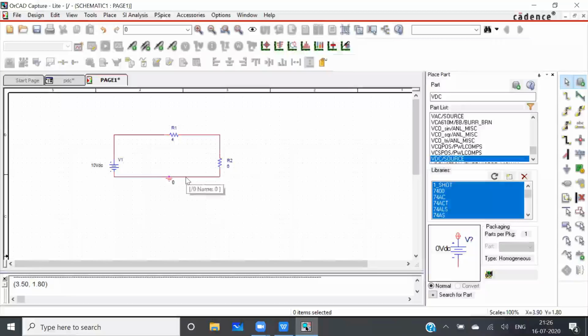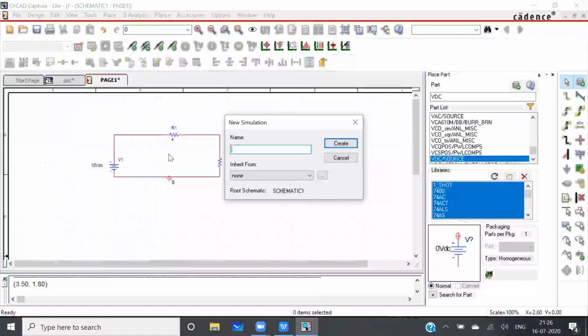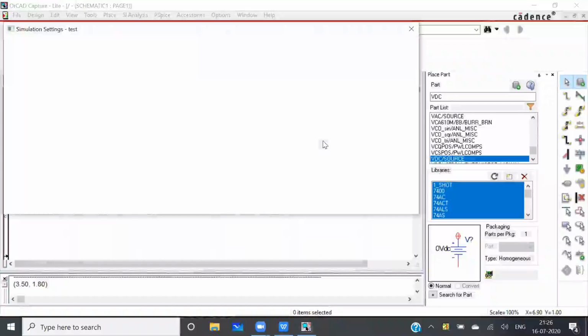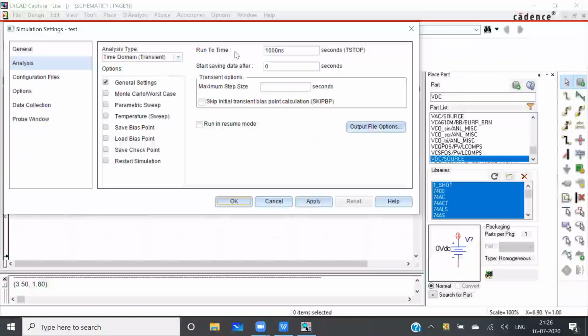So I'll go to this circuit. So first I need to go to this new simulation profile. I need to give some name for the simulation profile. Suppose I'll give this as test. Then I'll click on create. So a new simulation profile is created.